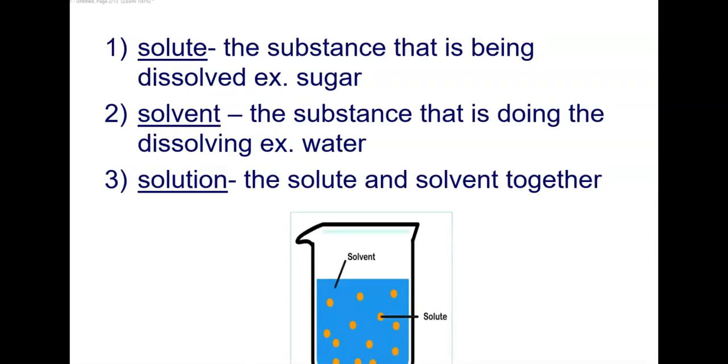So first I need you to understand the difference between the word solute and the word solvent. Solute is the substance that's being dissolved in the solution, being dissolved by the solvent. An example would be sugar. Sugar would be a solute. An example of a solvent would be water. So if you take sugar and dissolve it in water, you get a solution, and a solution is the two